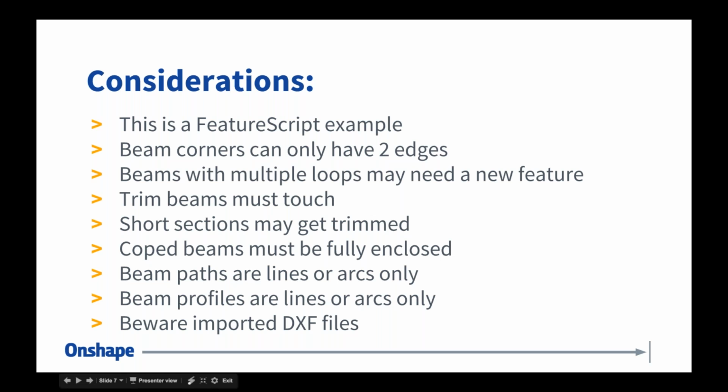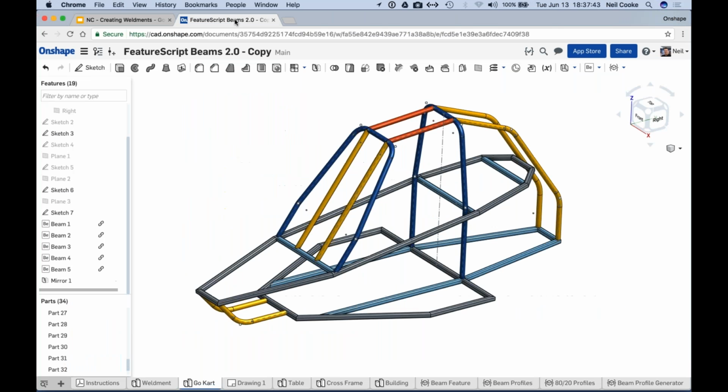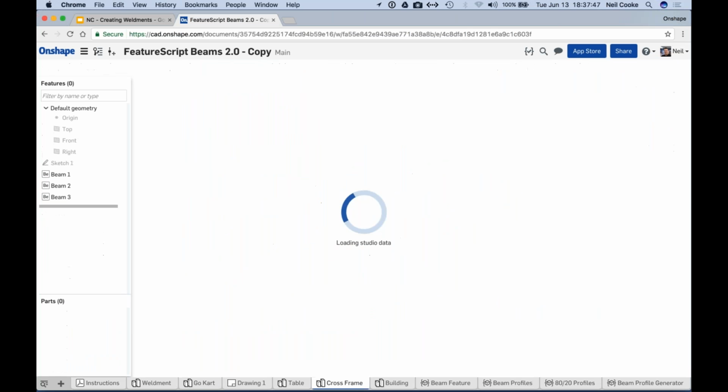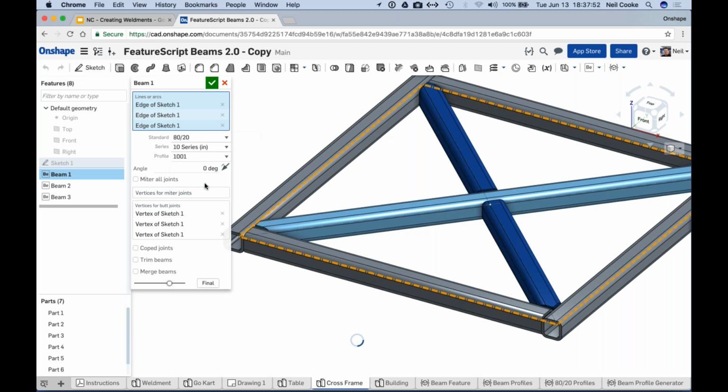And then there's another question about symmetrical beams. The beams don't need to be symmetrical. So, for example, if I go back to this, and let's just edit one of these features. If we go to the 8020 profiles, for example,